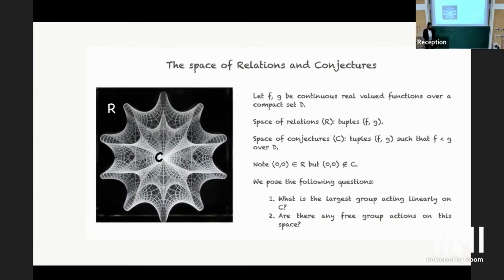And in fact, we have kept all sorts of generality up until now, but it is possible to impose a lot of structure on the conjecture space by specializing this class of functions. We might choose to work over polynomial rings or other useful situations. But in what follows, we are still quite general. So we ask the following questions. We ask, what is the largest group that acts linearly on C?